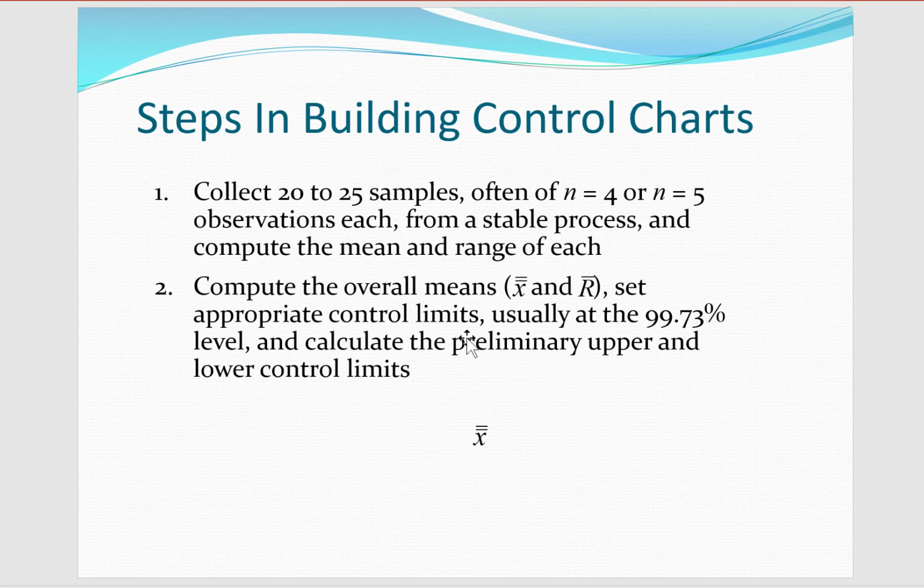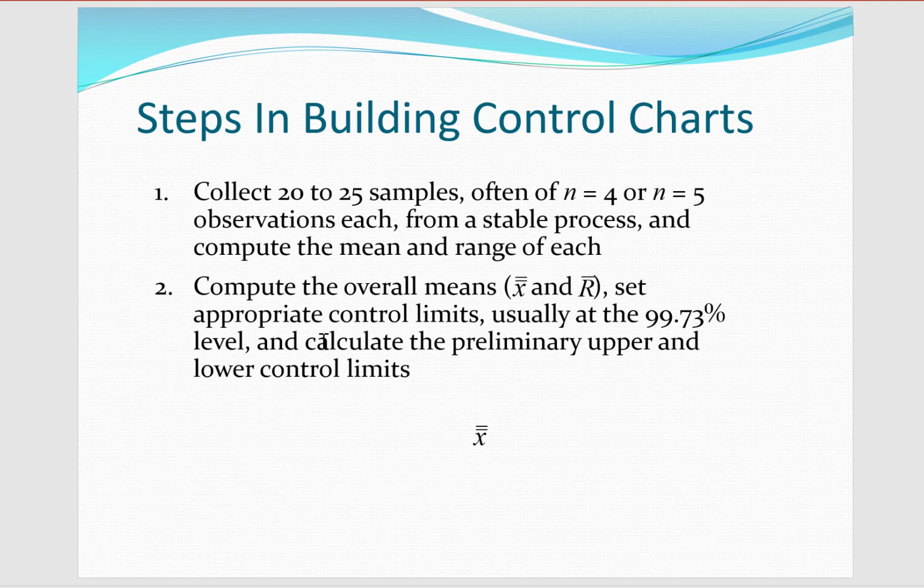So what are the steps in building control charts? You collect 20 or 25 samples, often of size n equal to 4 or 5, although it could be as few as 2. Observations are collected, the mean of the observations is computed. The range is computed, and then over multiple samples we compute the overall mean and the overall range,